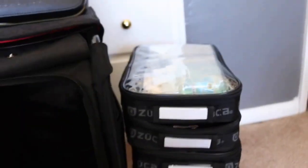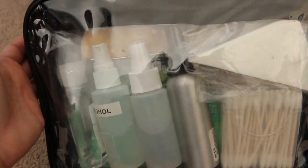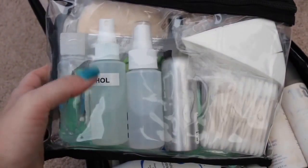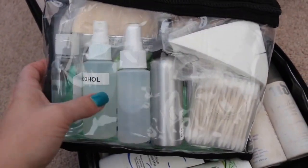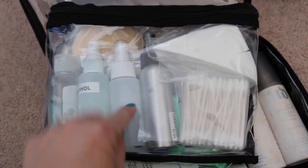And then on to the good stuff, the makeup. This first bag, I don't actually have these bags labeled, but this first bag is all about sanitation and skin prep. So this isn't the fun stuff, you guys. Okay, so in here I have a little mini hand sanitizer, alcohol spray to sanitize your powder products and your pencils, and then I have a water bottle just for wetting